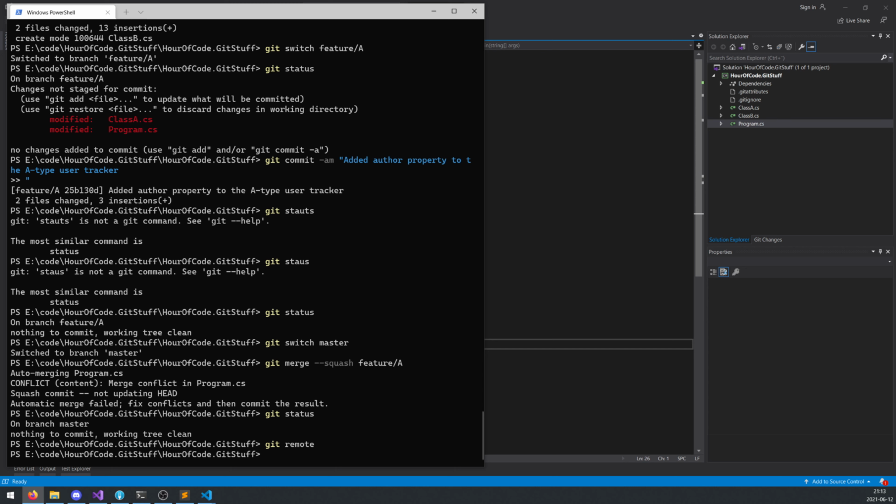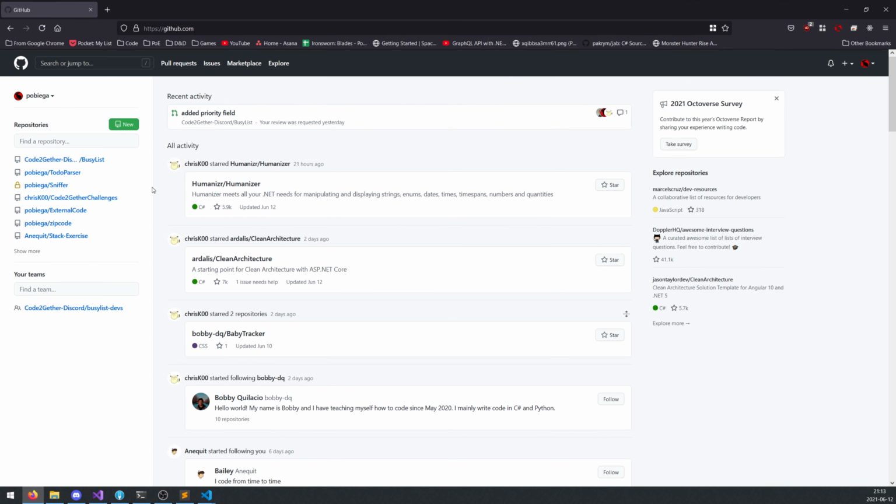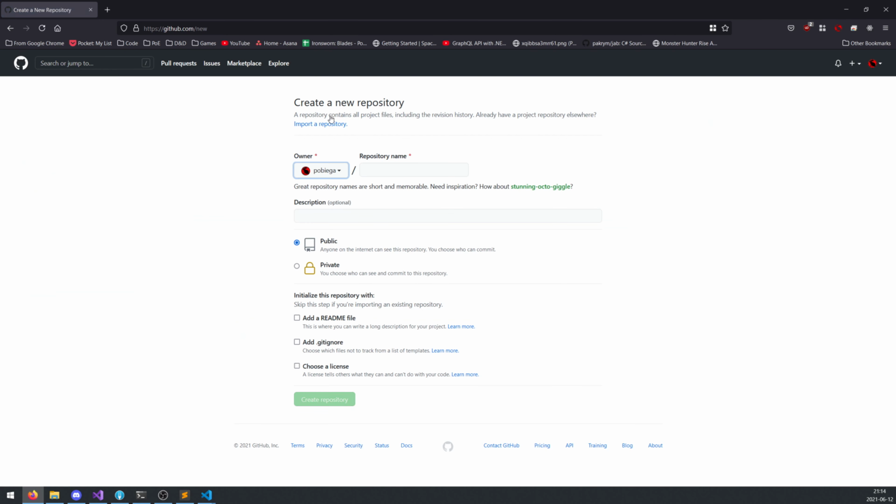So in fact, it's so common that it is GitHub that I'm going to show you how to set up a GitHub repository. So I'm going to drag over my Firefox window here. And this is just github.com logged in as me. So the first thing we're going to do, we're going to click new here. New repository, create a new repository. Yep. I want this to be a private repository because I'm going to probably delete this afterwards, but we'll call it